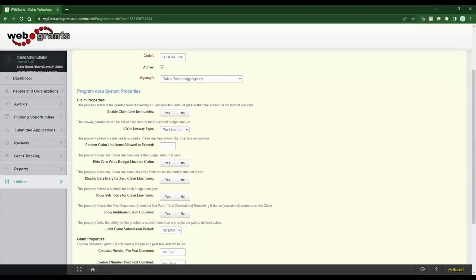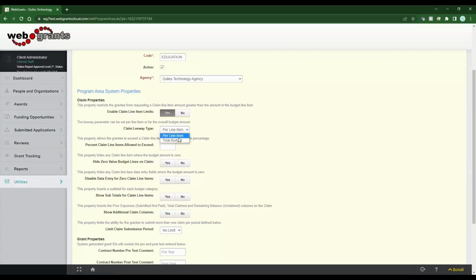A lot of programs, I hear, will say yes, they can have some movement within their budget up to 10%. If it's over 10%, it requires an amendment. But anything under 10%, they can move around. And then I have other programs say no, if they need to move it around, they have to submit an amendment. Well, this is how you can control it so that they can or can't do whatever that rule is for this particular program. So if you want to enable this, you can say yes,